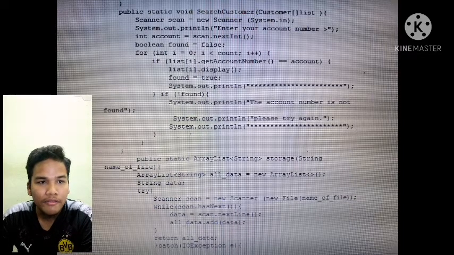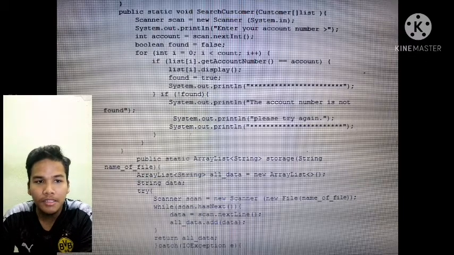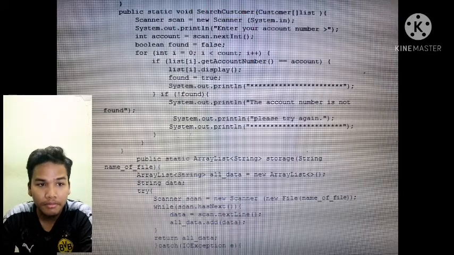For the search customer, the system will ask the customer to enter their account number. Then if the customer gives a false account number, the system will display that the account number is not found, and please try again. The system also uses an array list, which is for creating new files, and